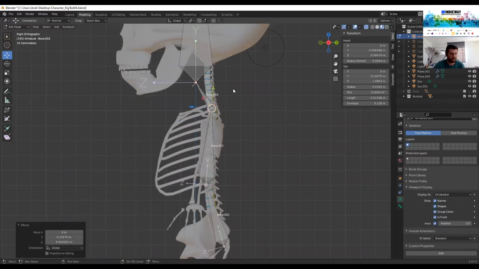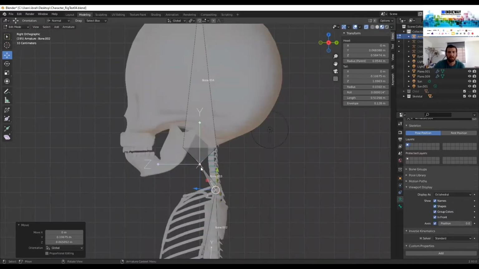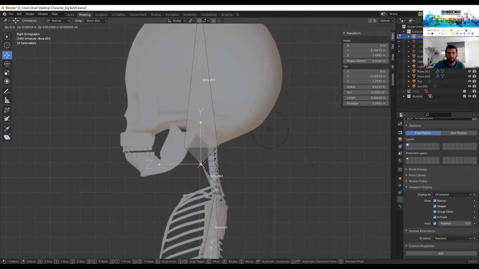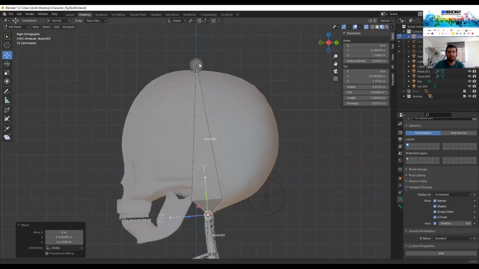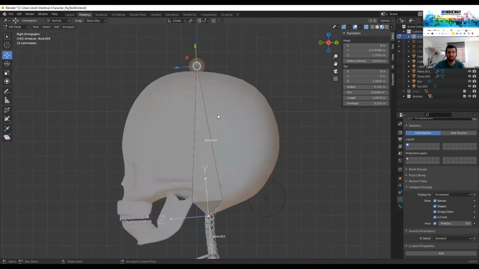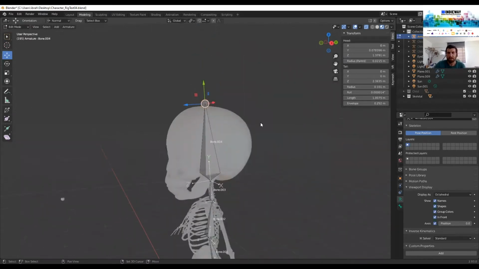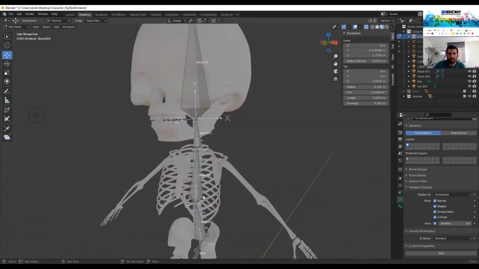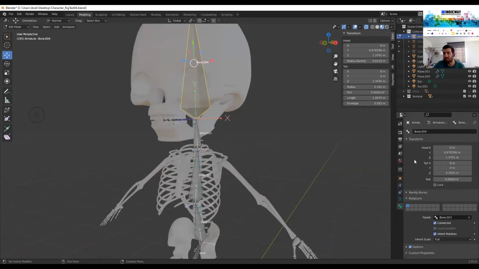Again, I click on G. This is the curve of the neck, the starting point of it. And then G again. And then here again, the rotation of the neck. And then this is the cranial tip. So the skeletons, naming them is important. So this is the bone properties. And here,